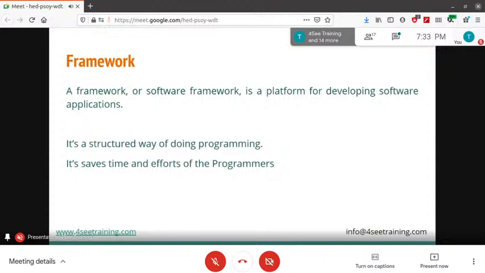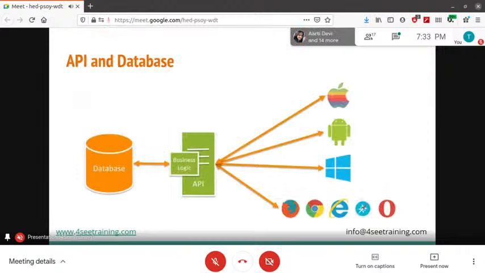I think that's fine with everyone. And after framework, we will discuss API and database. This is an important point to understand and learn. As I said, today's time is the dynamic web time. Every time you do any action over the web page, on the basis of that action, you get a response from the web server. So how does this communication work? There must be a connection between